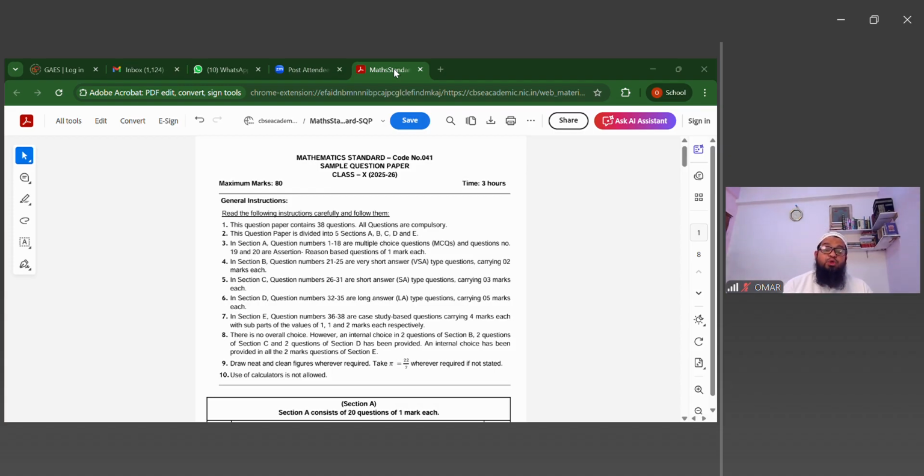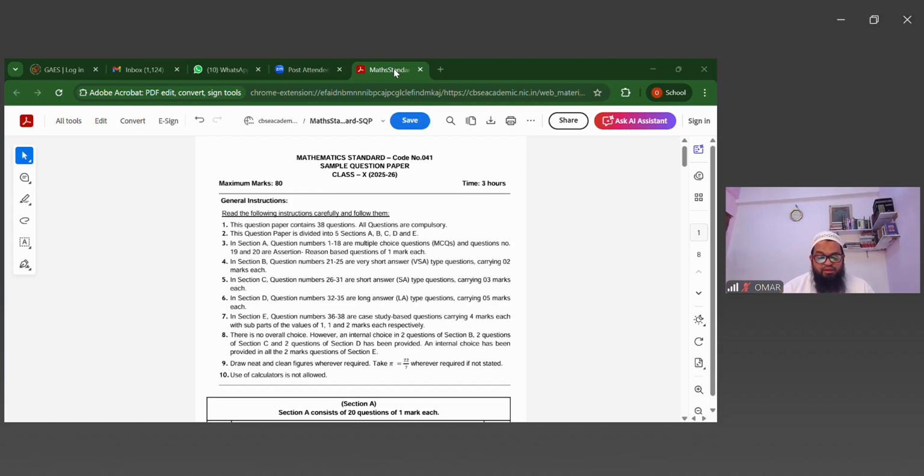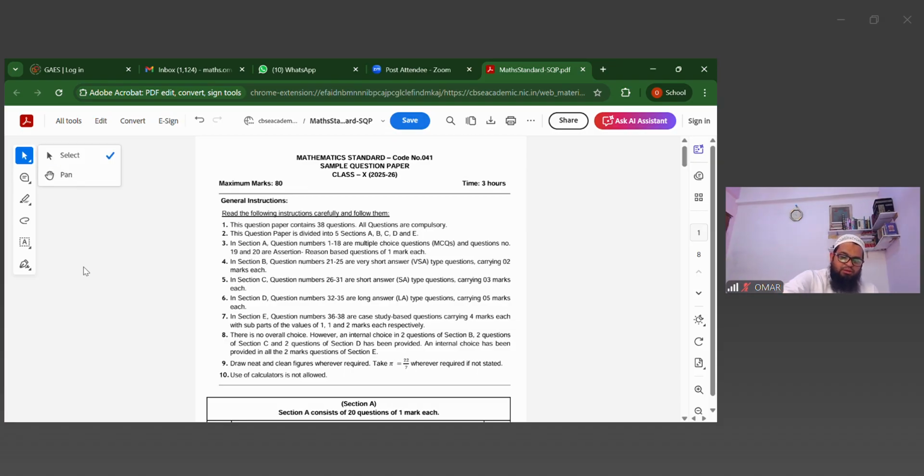There is a little bit of pattern change in science and social. In science and social you have a pattern change, not in the questions and everything, only the pattern change. I'll explain that. Yes, there is no change of pattern in the mathematics question paper. Is it right? Now coming back to the questions,